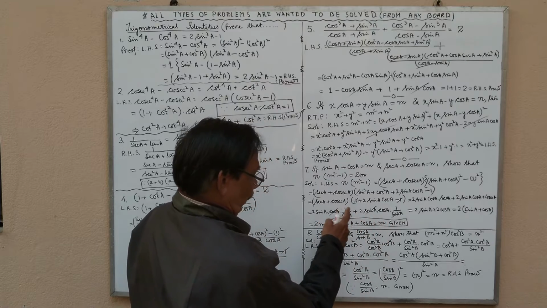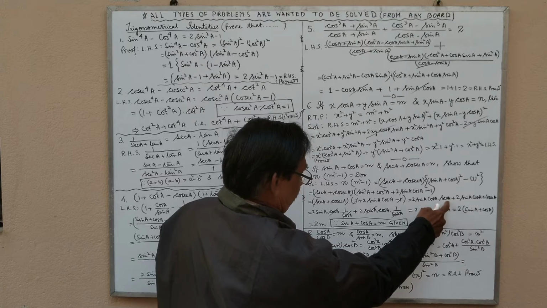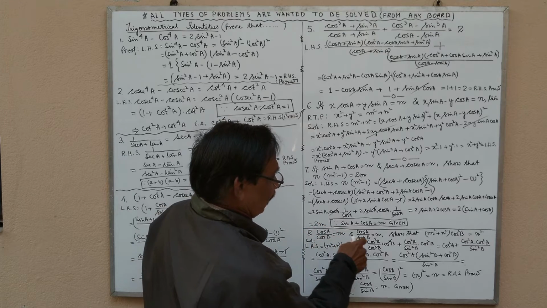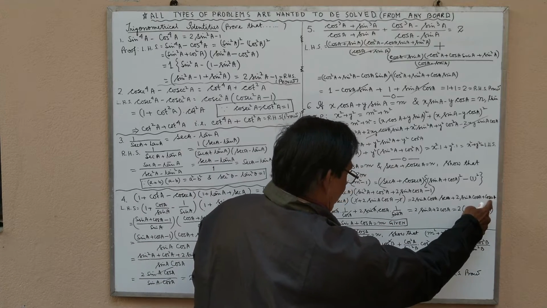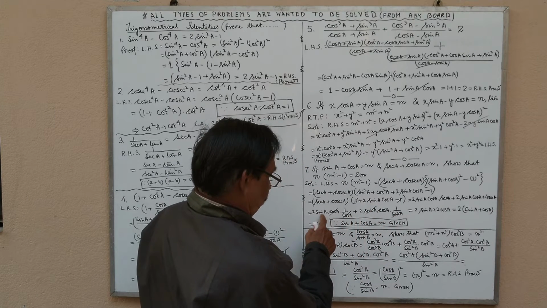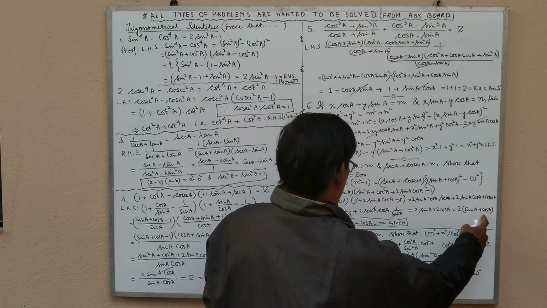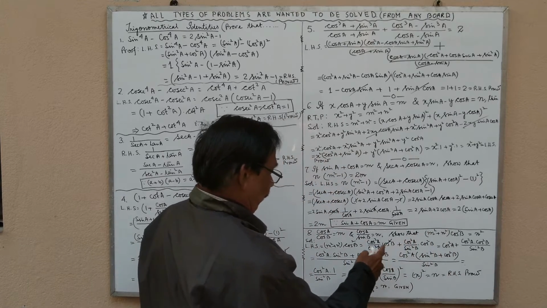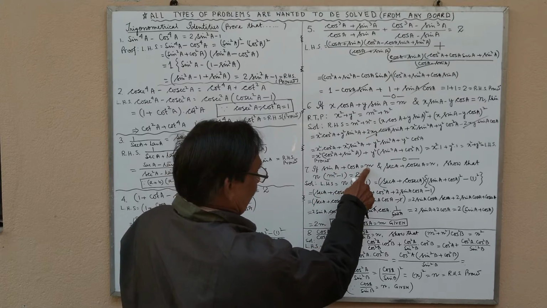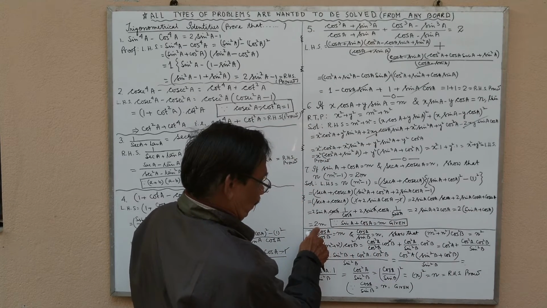We know that sec a equals 1 by cos a, so sec a into 1 by cos a cancel each other. Here also cosec a equals 1 by sin a, and 1 by sin a cancel each other, and it will be 2 sin a plus 2 cos a, which becomes 2 into sin a plus cos a. Now we put the value of sin a plus cos a; it is given that sin a plus cos a equals m. So the value will be 2 into m, 2m. This is proved.